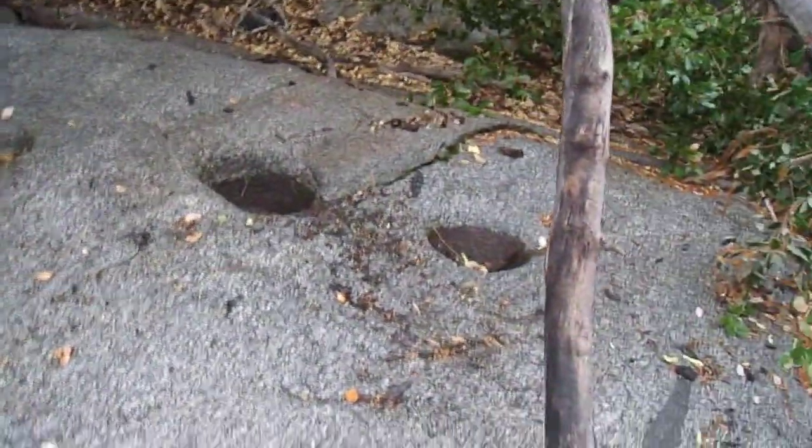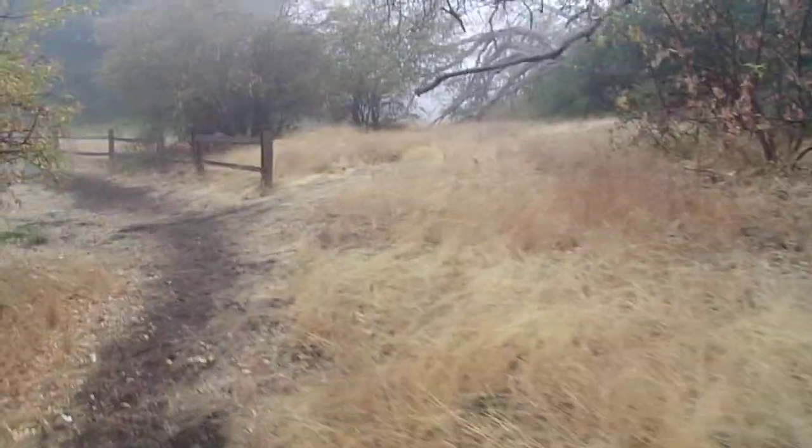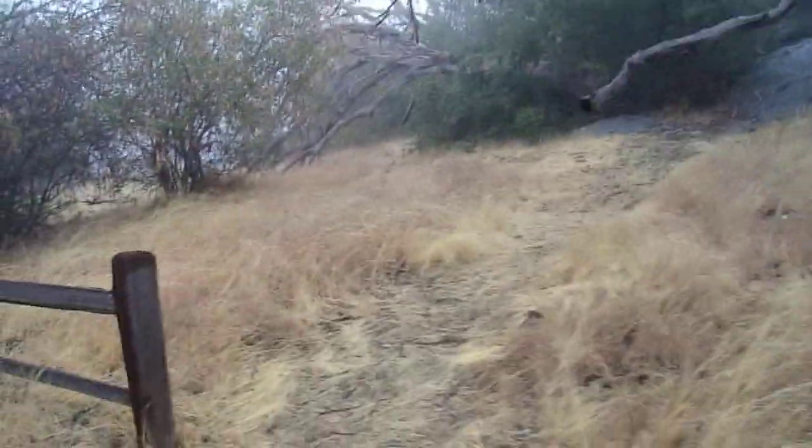There you have it. Right here at the picnic area, you just go around past the old Incense-Cedar tree that I pointed out. Just come over here to this little rocky outcropping, and there you have it. A little piece of history right in front of you. The Kumeyaay or Luiseno Indians, I believe, were the ones in this area. I believe they were the Luisenos. Not a big history buff, but